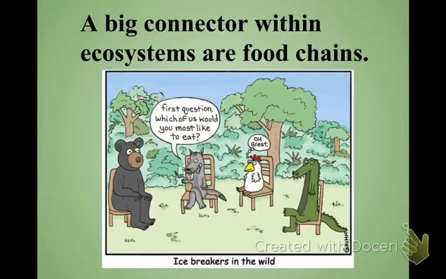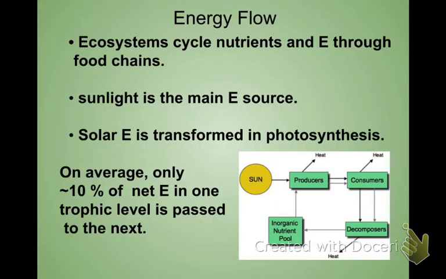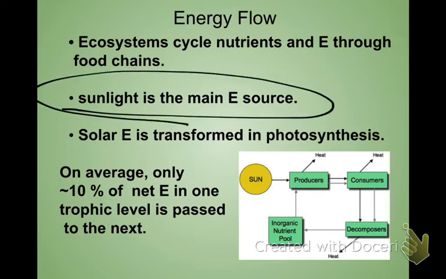As we continue to look at relationships within food or ecosystems, we're going to look at food chains. Now, the ultimate source of energy for all ecosystems is solar energy. So this is the main thing to know from here. We cannot go outside, stand in the sunlight, and be filled up with energy, but plants can. So the only way we can get this energy from the sun in a usable format is if we eat a plant or if we eat something that ate a plant.